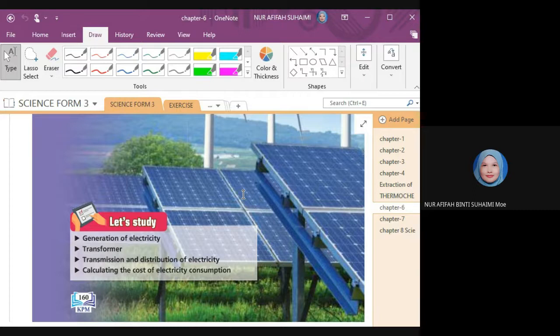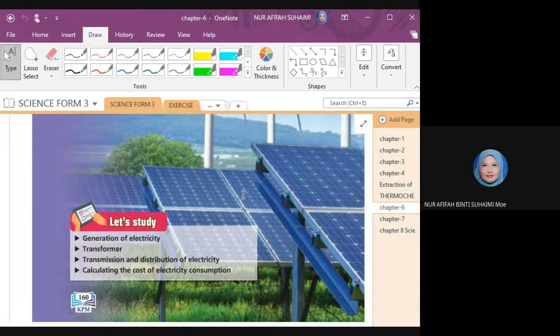how you determine the direction of magnetic field using right hand grip rule. Your thumb pointing to the direction of current and your other fingers pointing to the direction of magnetic field. So this right hand grip rule, petua genggaman tangan kanan, you use it to determine the direction of magnetic field